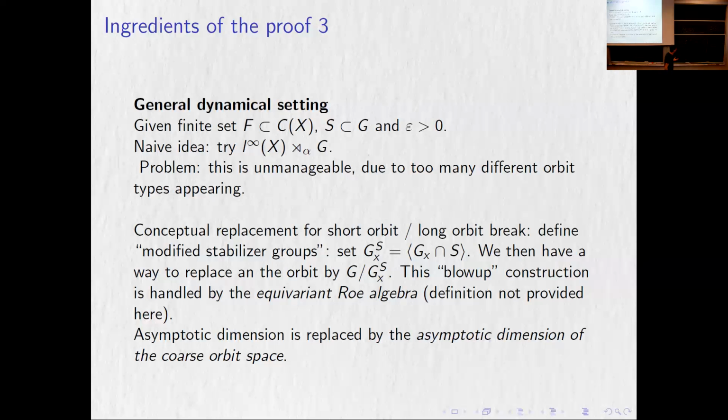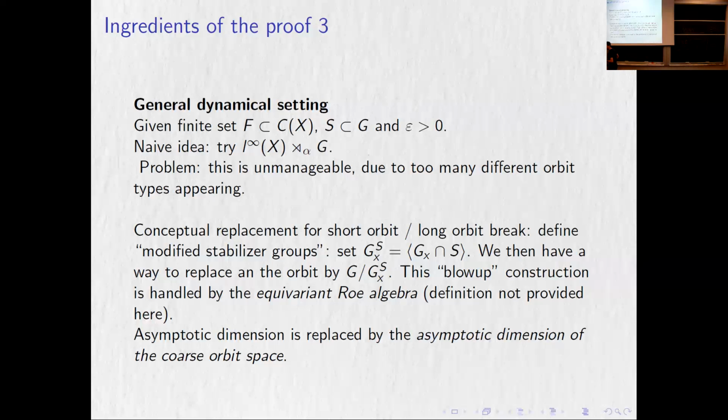So in some sense, you say, well, we separate things, we take each stabilizer, right? We look at the intersection with these points, and we have some method of replacing this subgroup by what's seen there. And what happens in this case, of course, in the case of the integers, things are kind of trivial because each stabilizer is generated by 1 point, right? You look at the minimal orbit. So if the minimal orbit is here, as far as we're concerned, it's a short orbit. If it's outside, as far as we're concerned, it's a large orbit, right? We just treat it as though it's free for the purpose of the argument, and that works.